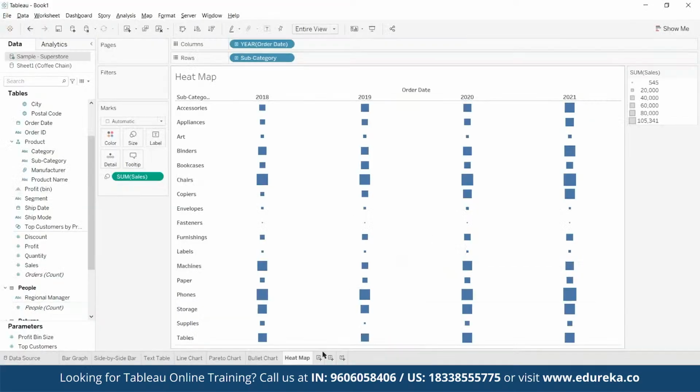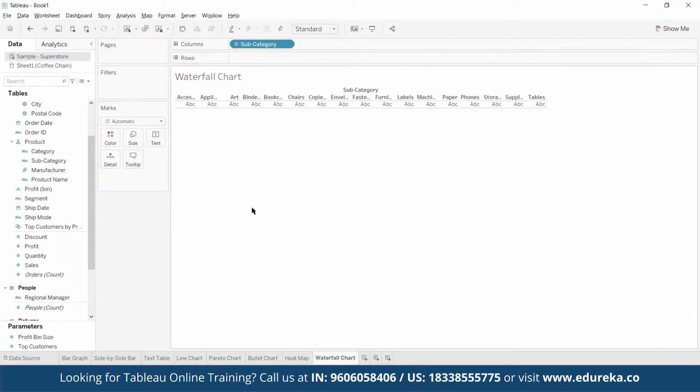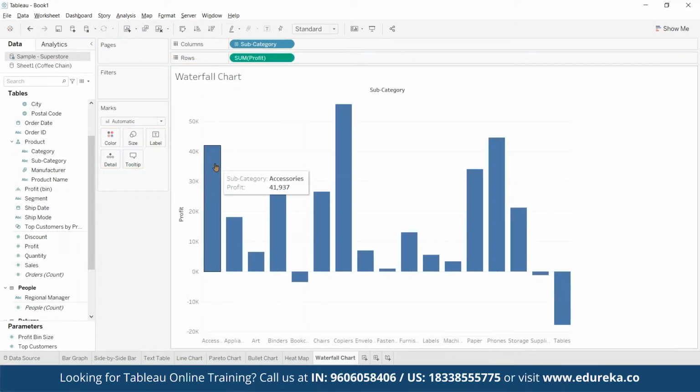Let's say this is the list of subcategories being sold by Superstore, and this is the profit made by the subcategories. We can notice some very highly profitable members, and we can also see that there are members which are giving us a loss. Now to represent this cumulative or the collective contribution as a waterfall chart, what is the procedure? First,